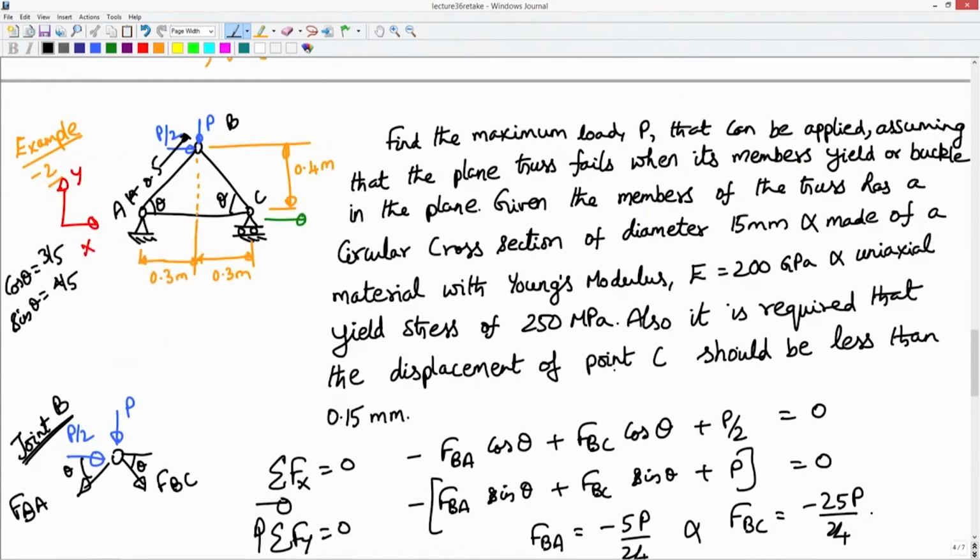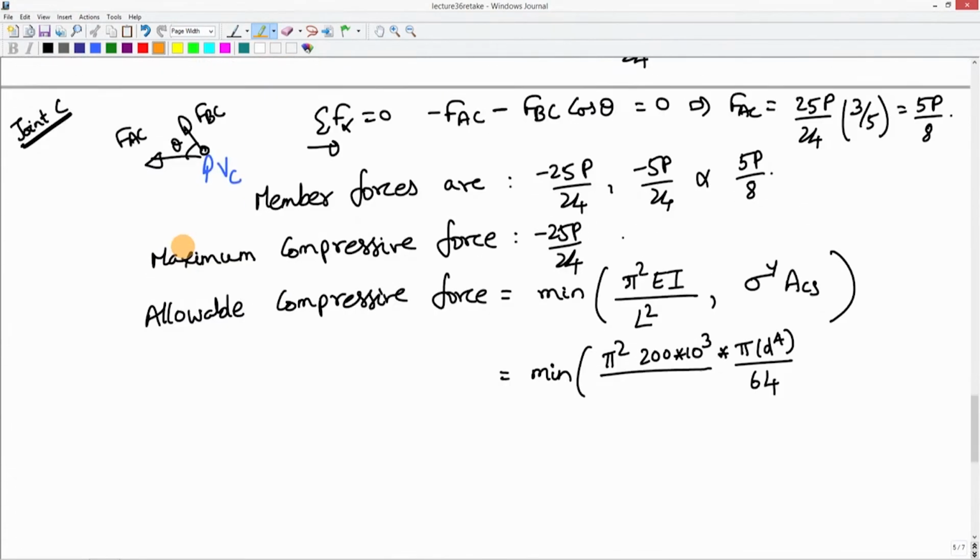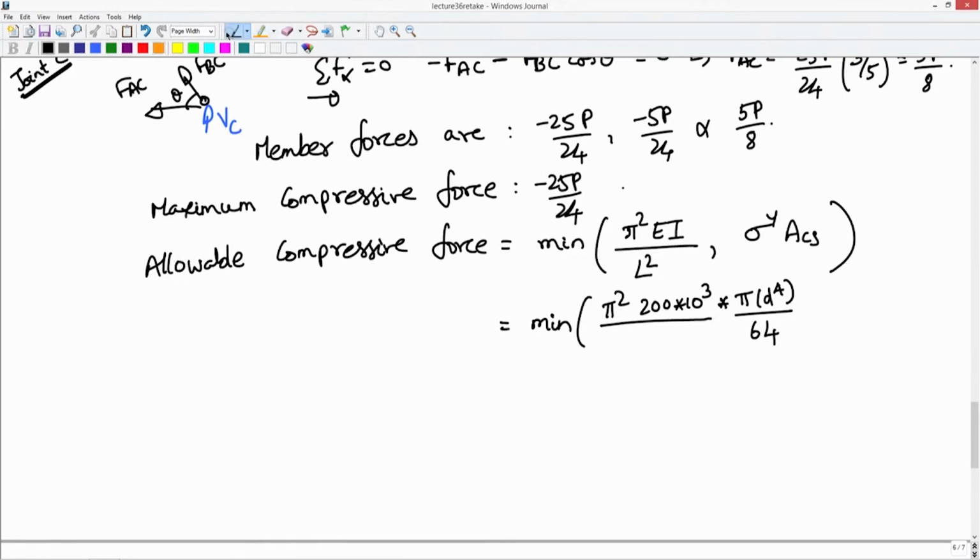BC. We found that the member BC is of length same as member AB, which is 0.5 meters. I have to use millimeters, so that will be 500 whole square, comma, sigma y, which is 250 into pi into d square by 4. I have to find the minimum of these two,